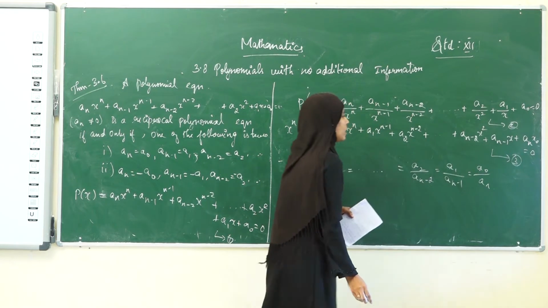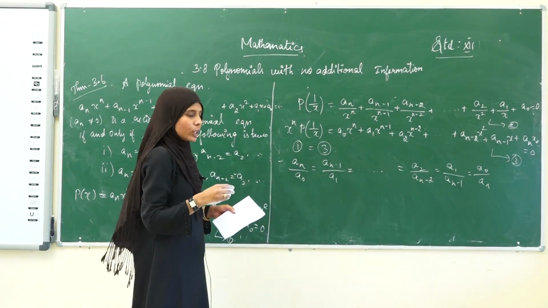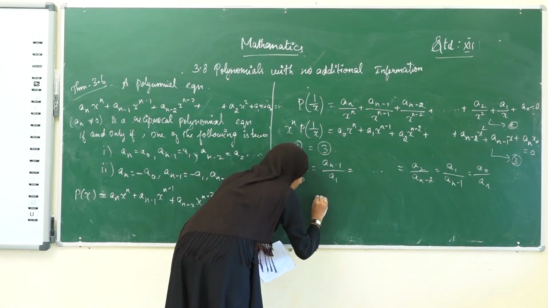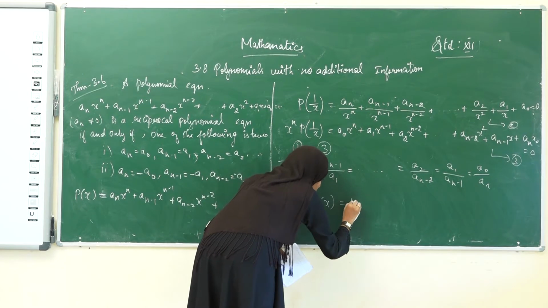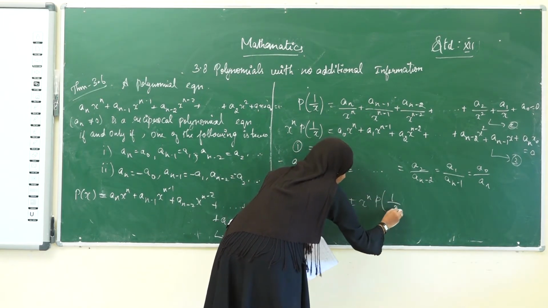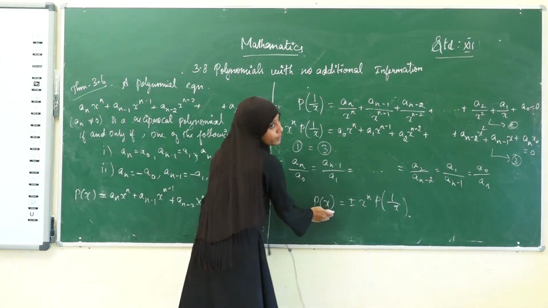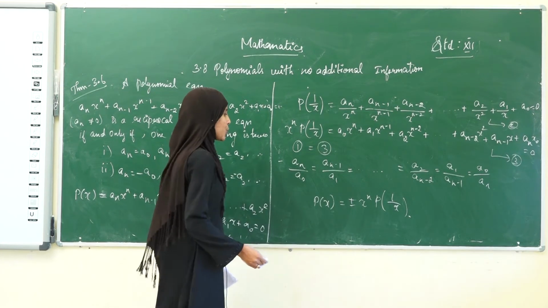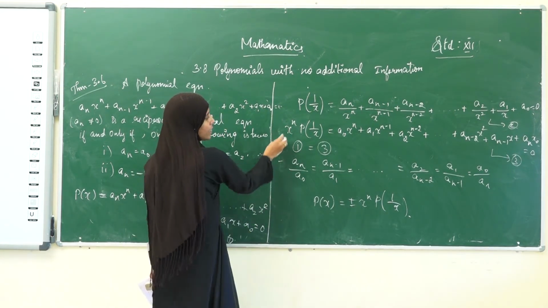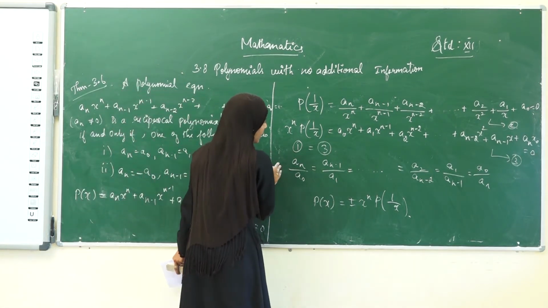Okay, we know what's the condition that should be satisfied for the equation to be a reciprocal equation, that is p of x should be equal to plus or minus x power n into p of 1 divided by x. Right, any one of these conditions should be satisfied for a polynomial equation to be a reciprocal polynomial equation. Since from this 1 and 2 we can see that they are both reciprocal polynomial equations, therefore we are getting like this.